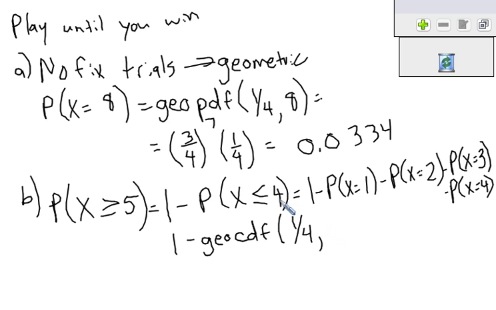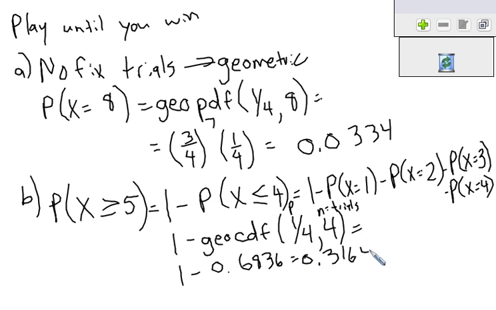The number of trials here is 4 because that's where the less than or equal to occurs. And we end up getting 1 minus 0.6836, which is 0.3164. And it wants us to interpret that value in context, and that basically means there is about a 32%